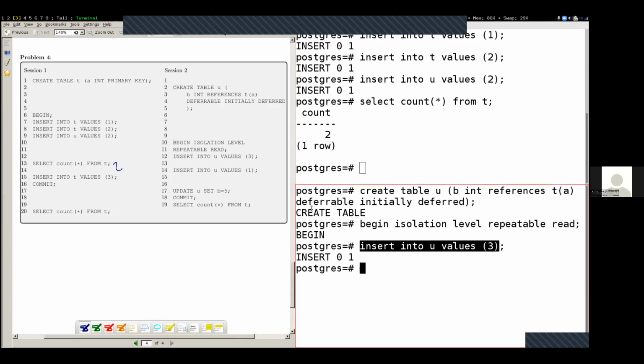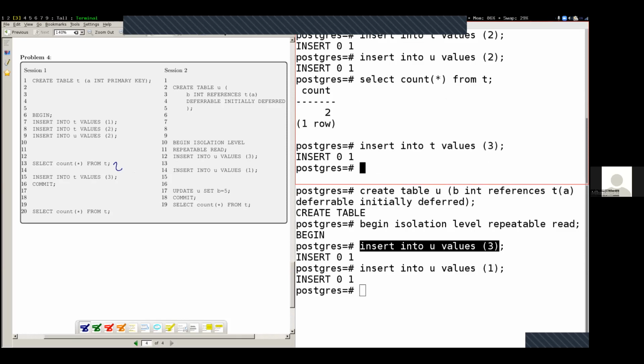Line 14, insert into U values 1 like this. No problems there again. We do already satisfy that constraint. Line 15 up here, insert into T values 3 like this and hit enter. No problems there. There was a potential for a deadlock situation here because of how we're accessing the different